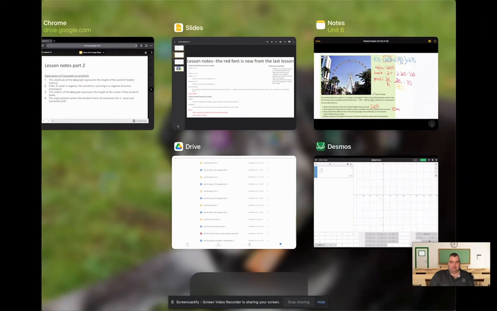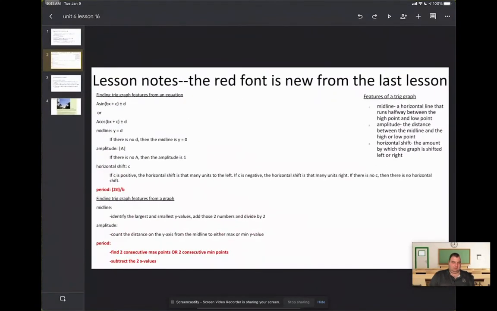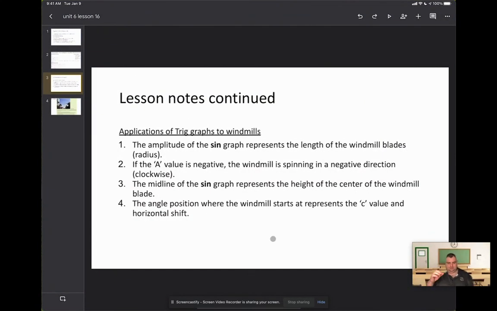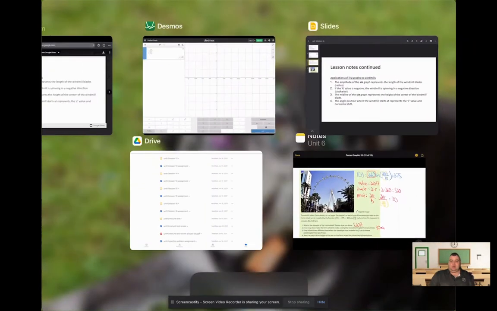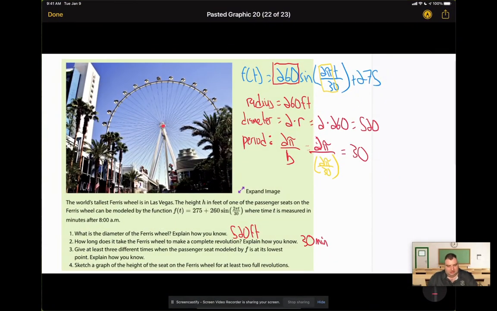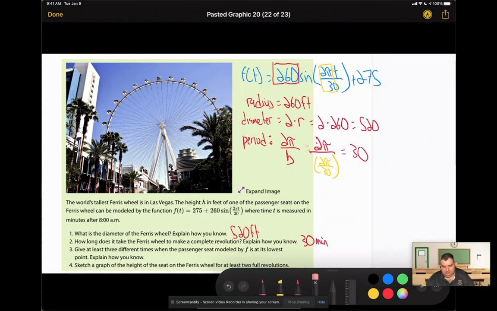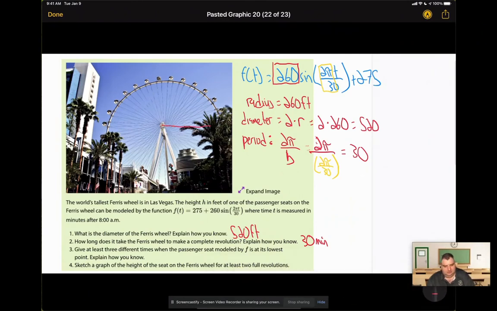So if we go back to our lesson notes here, the midline of the sine graph represents the height of the center of the windmill blade. The angle position where the windmill starts represents the C value. So we're going to assume that we're going to start directly right of center. So if we start in the 0 degree position here, or the 0